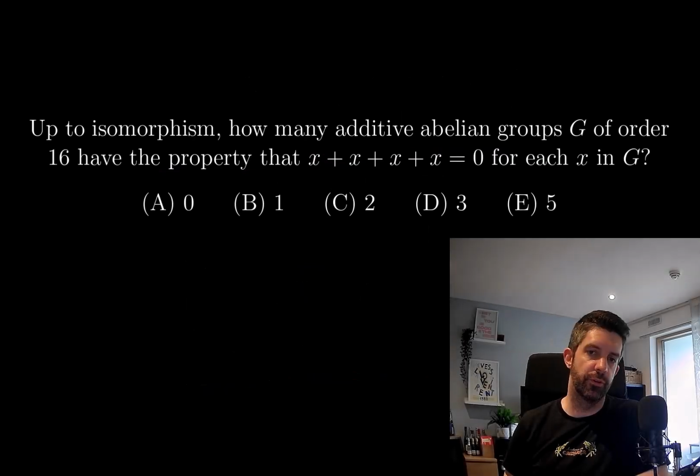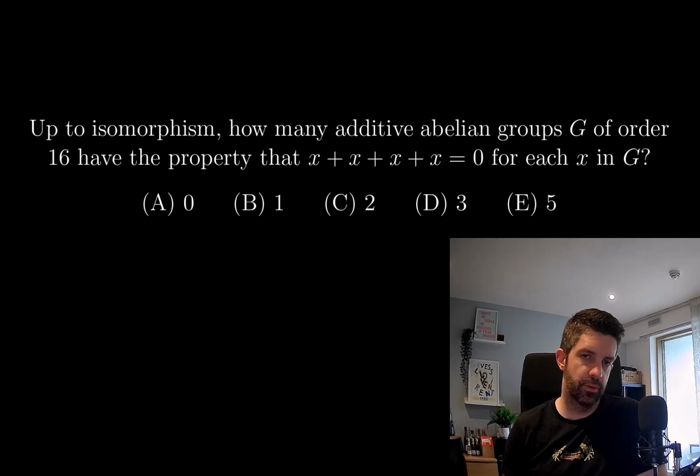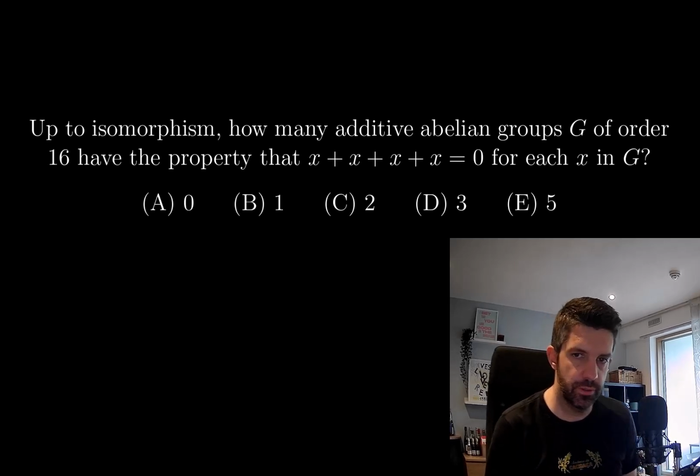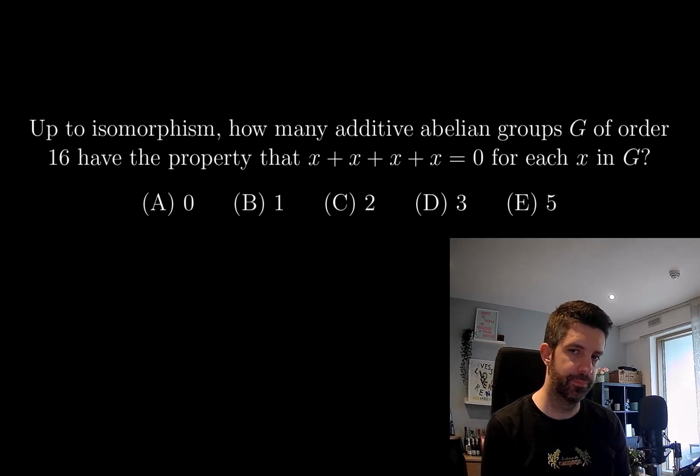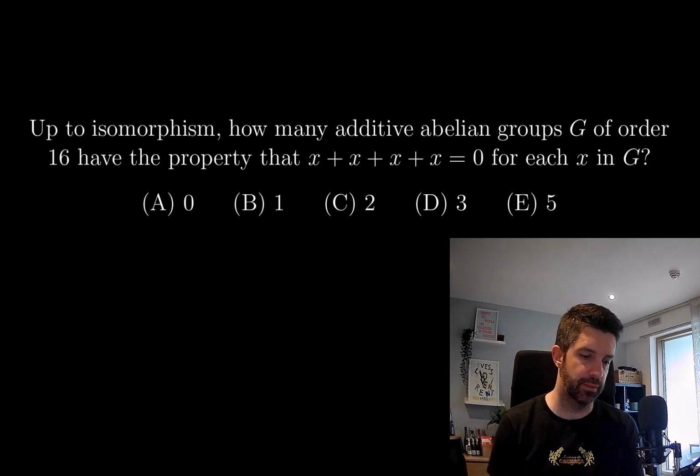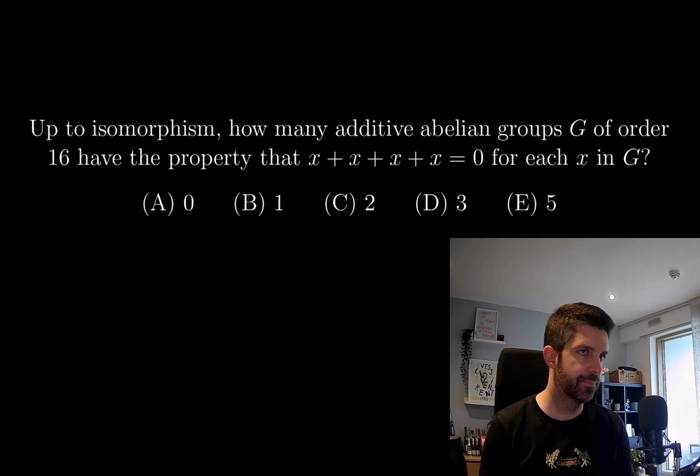To isomorphism, how many additive abelian groups G of order 16 have the property that x plus x plus x plus x is equal to 0 for each x in G? Okay, so I think the way to do this is to use the classification of finite abelian groups, which